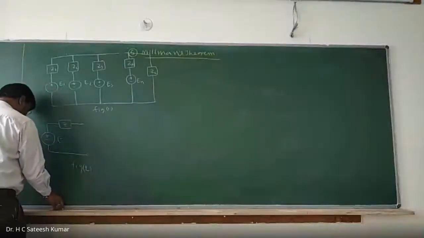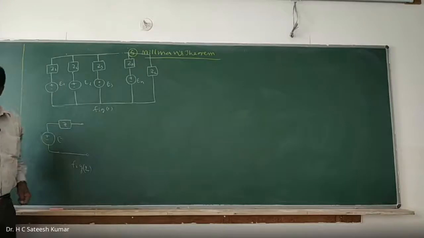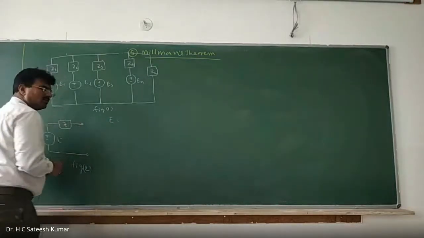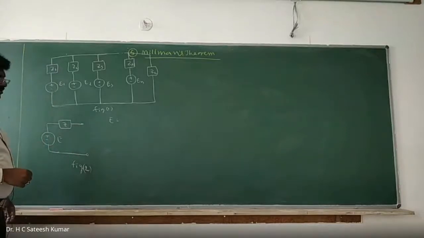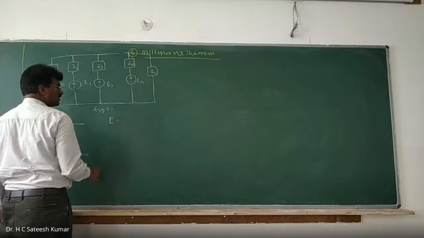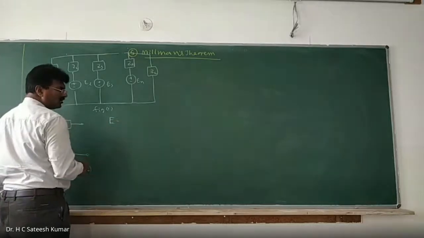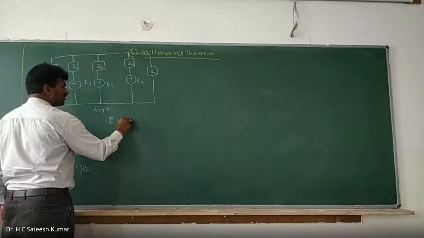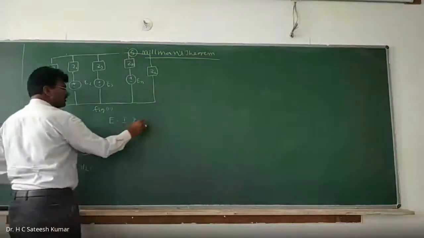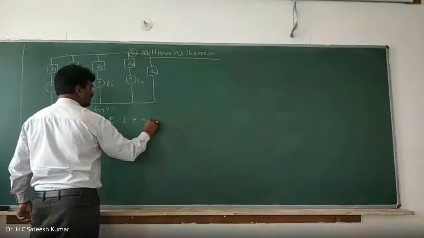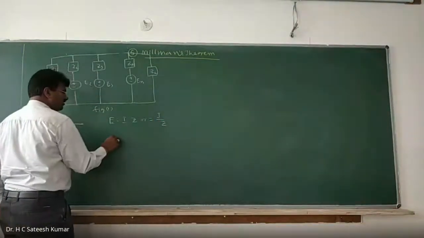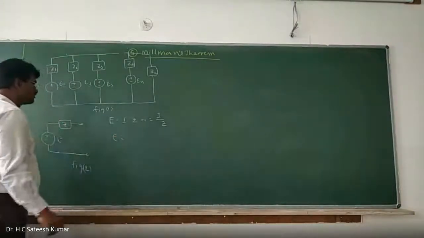where E is equal to, what is E? E is nothing but voltage. Voltage is nothing but equal to what? The general basic definition of Ohm's law, we can write it as V is equal to IR. So therefore we can write it as I into Z, or we can write E is equal to I by Y. So what is this I?